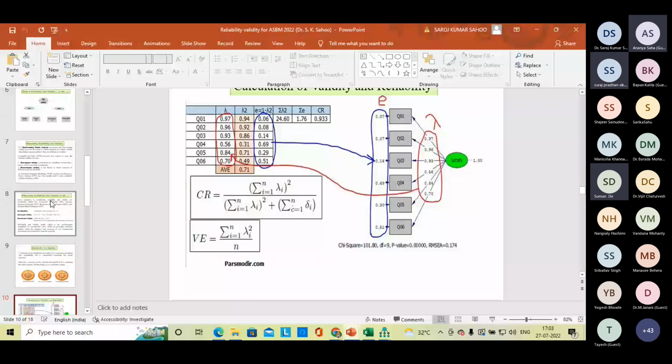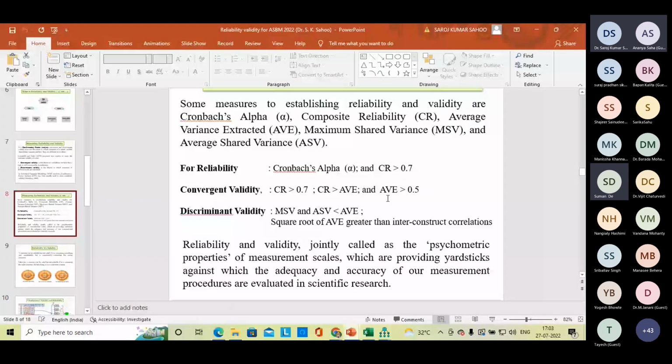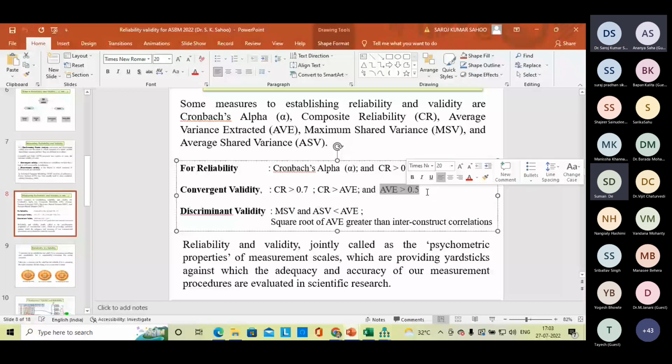Yes, sir. Now look at my PPT. AVE should be more than 0.5. All of you got AVE more than 0.5? The values you obtained are called average variance extracted. It must be more than 0.5 so that it will be called as,